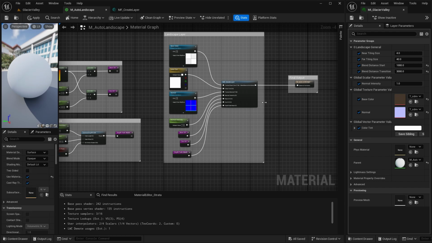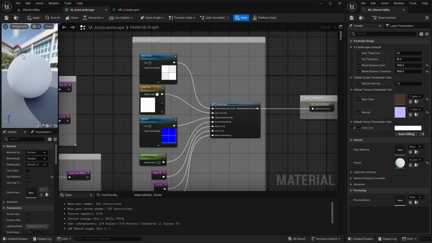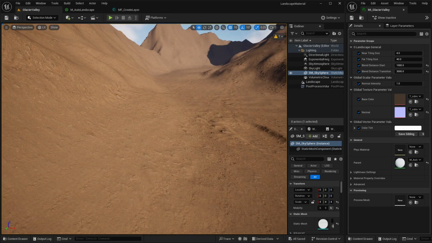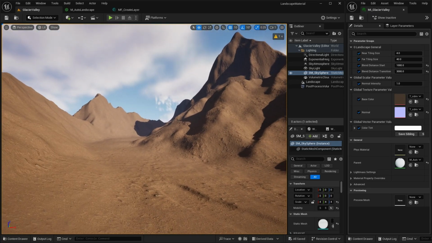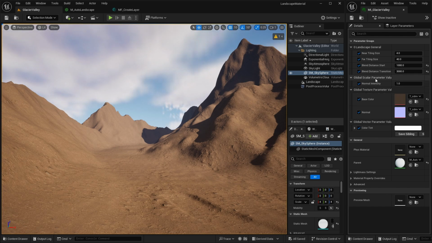So congratulations, you've created your first material function. We ought to test this out though. So let's click on save. Everything's looking the same as it was before, which is a good sign. But now let's update this layer to change the parameters on the material instance. If you look at the material instance here, we've still got these parameters all over the place, and we want these parameters now to be in a group for the ground